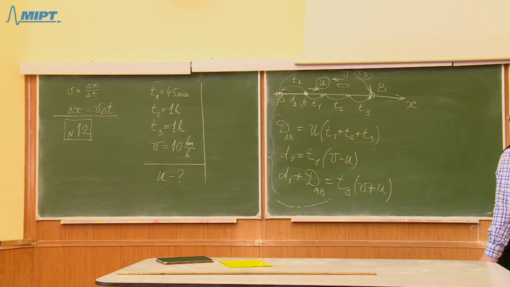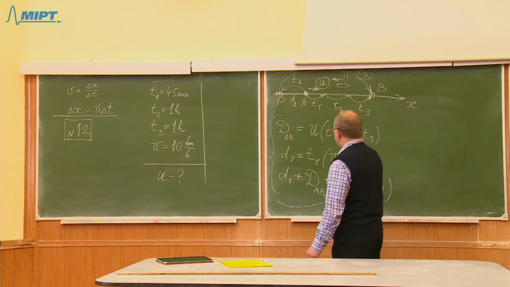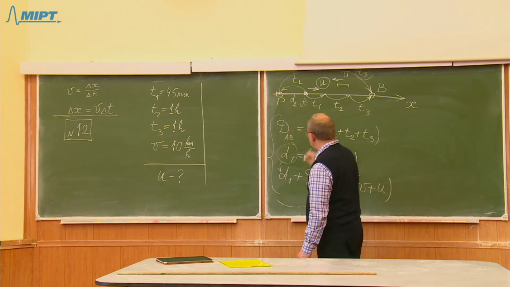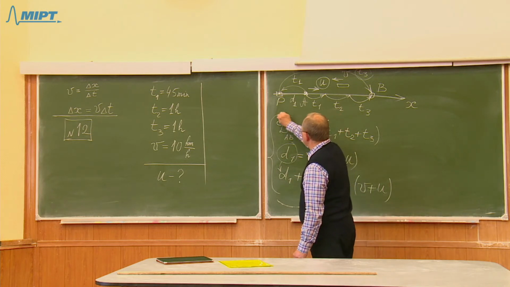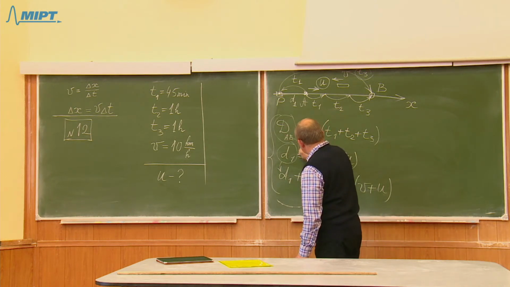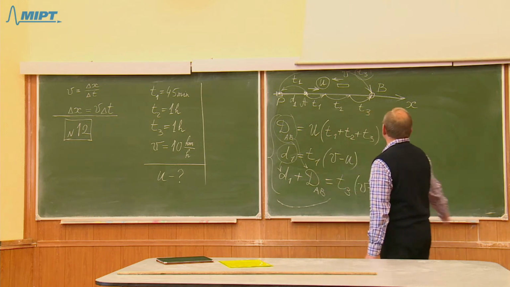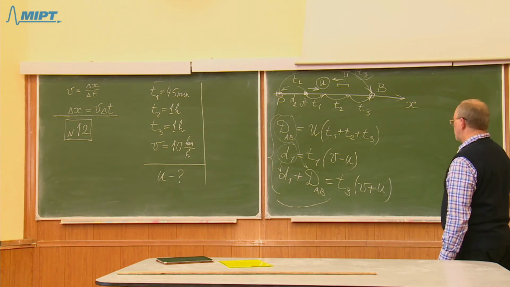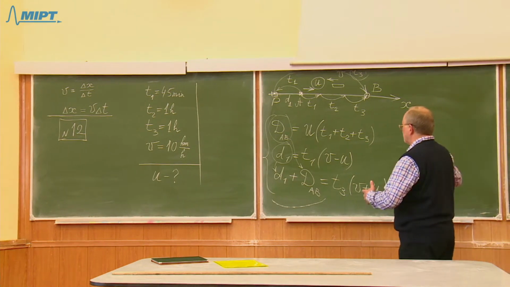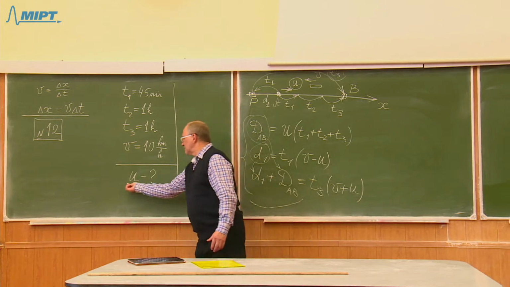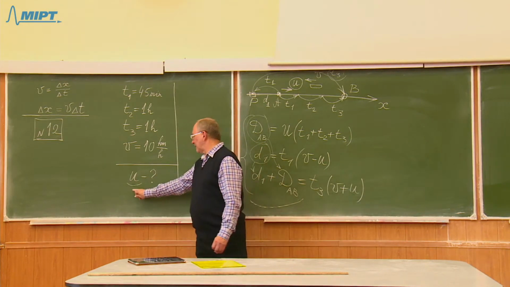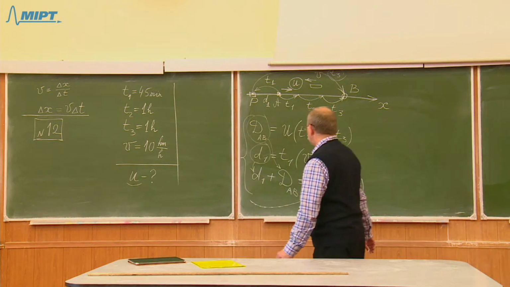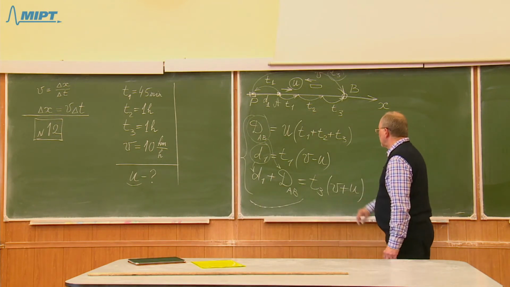How can it be solved? Well, we can use this expression for d1 and substitute it here, and we can use this expression for dAB and substitute it here, and then we will obtain some equation which hopefully will produce the result. And what is the purpose of our solution? The purpose is to find the velocity of river stream, the velocity of river flow, this unknown quantity u. Okay,